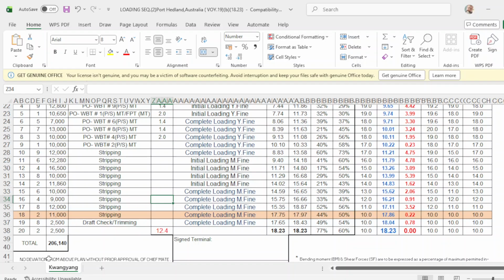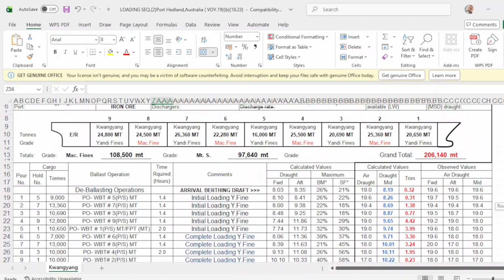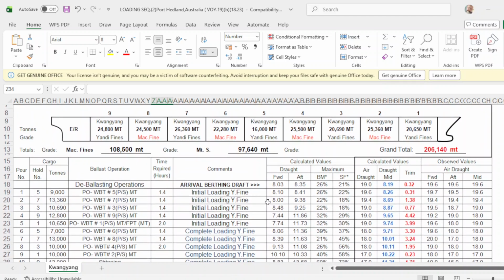And the total cargo is 206,140 metric tons.